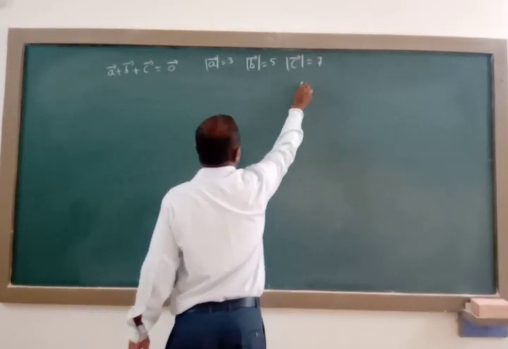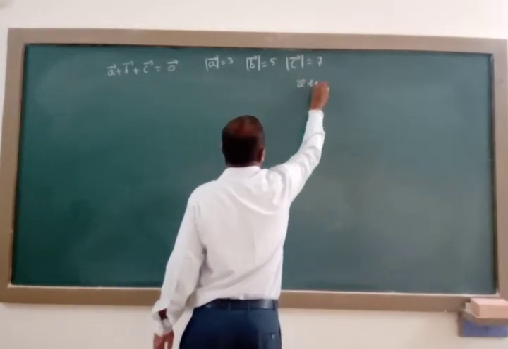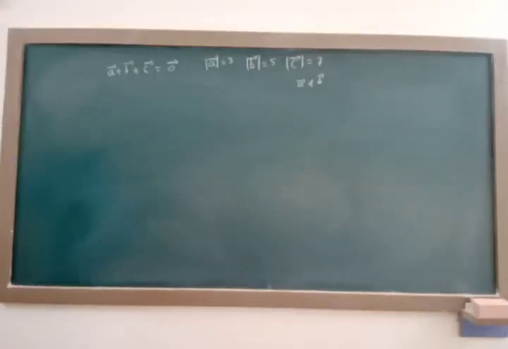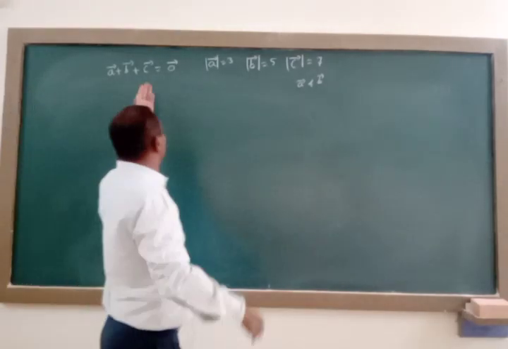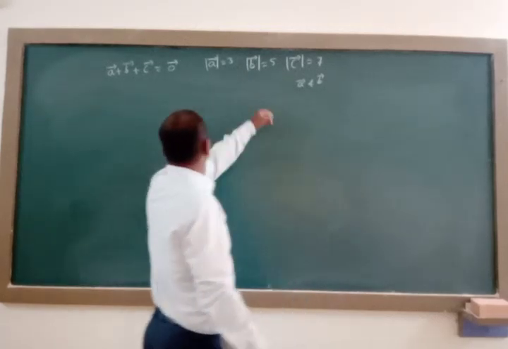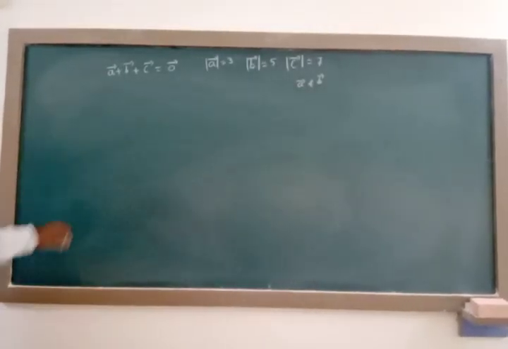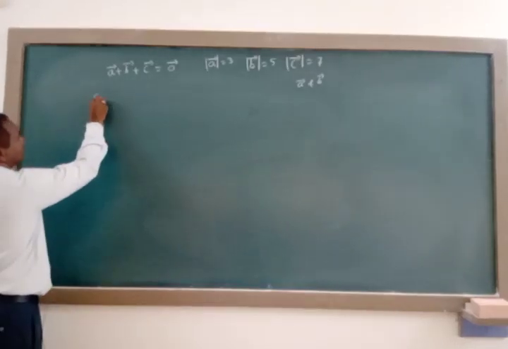How to find out the angle between the two vectors a bar and b bar? They are not giving any vector here. They give only the values of magnitudes of all the three vectors. Then with help of all these conditions we are going to find the angle between the two vectors a bar and b bar. Considered solution for this question is,